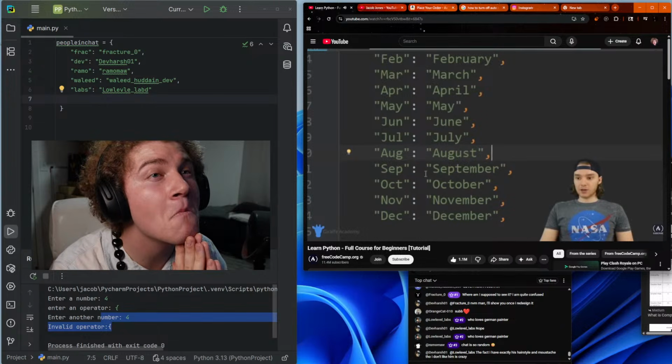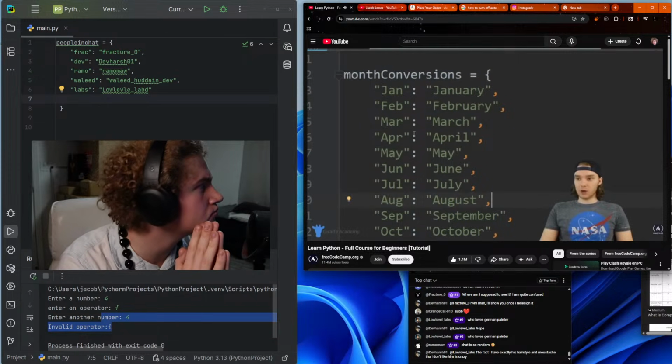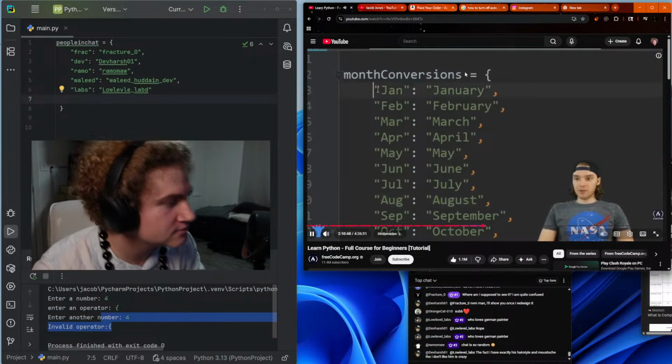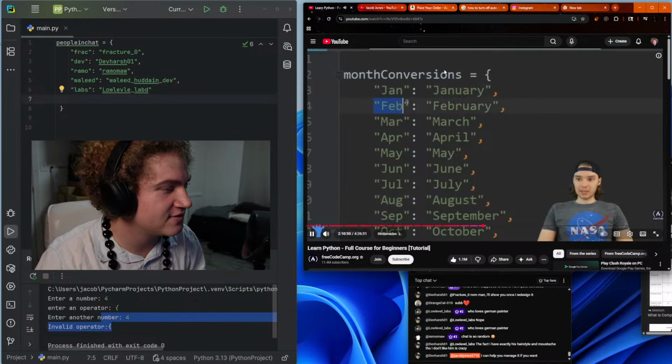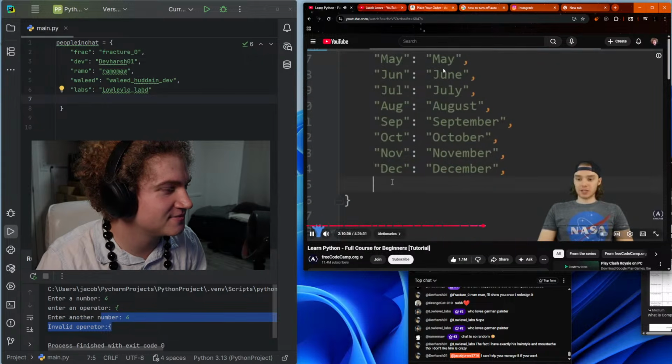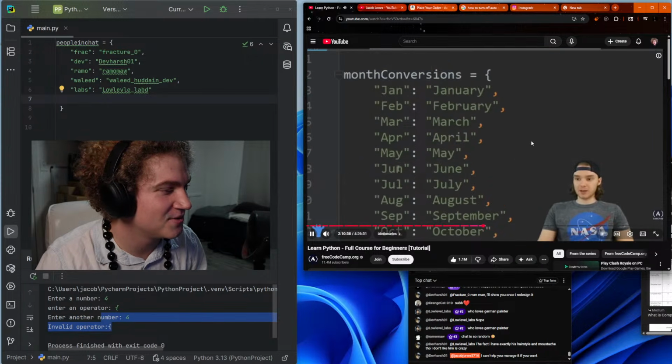All right, so I've gone ahead and created an entry for all 12 of the months. So now we have a bunch of unique keys, and each one of those keys is associated with a different value. So this is the basics of creating a dictionary: we have a bunch of these different key value pairs, and now what we can actually